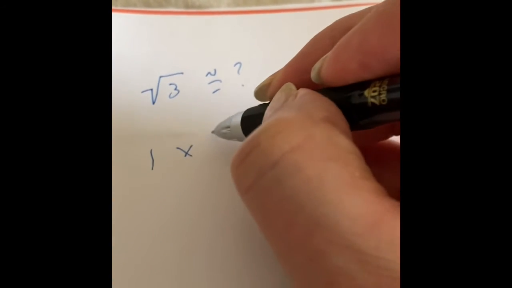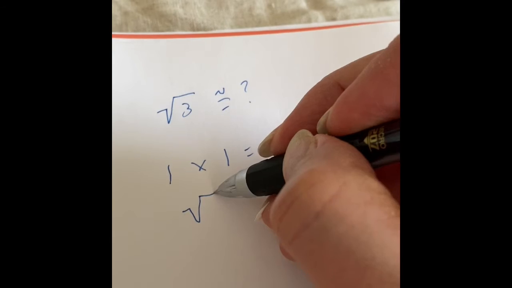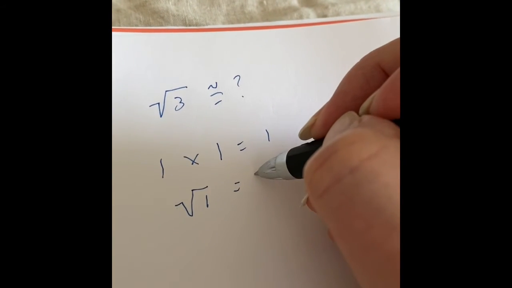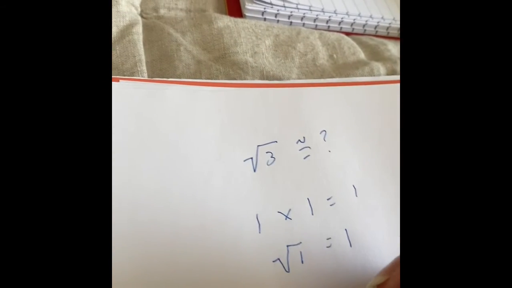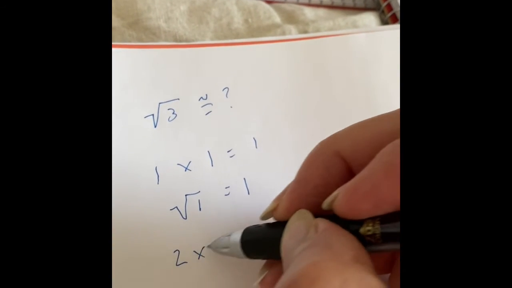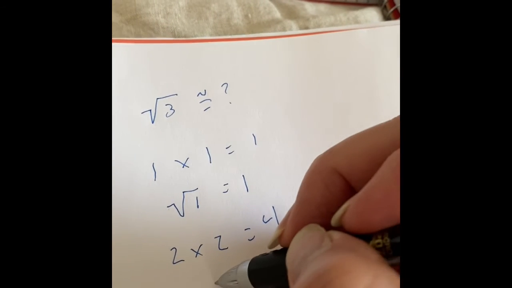Because 1 times 1 equals 1, so the square root of 1 is 1. Now we also know that 4 is a perfect square too, because 2 times 2 equals 4. So the square root of 4